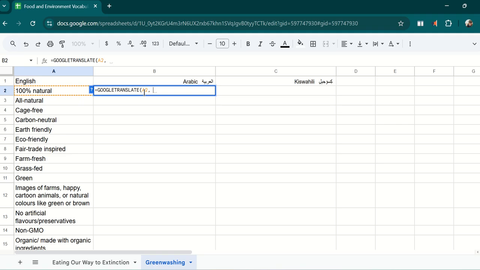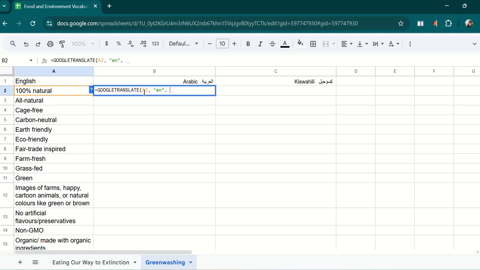And now you're going to input your source language and then the target language. To do that, you need two-letter language codes. I know them already. I've checked them, but you can find them on Wikipedia. They're called the ISO language codes. They're two letters. So inside quotation marks, you're going to put your two-letter code for the source language, which is English. So quotation mark, EN,